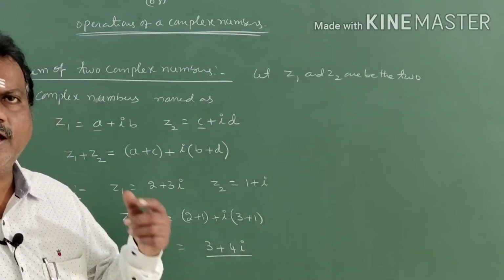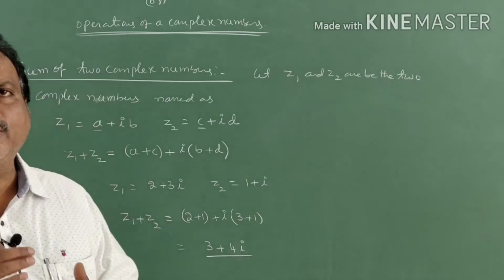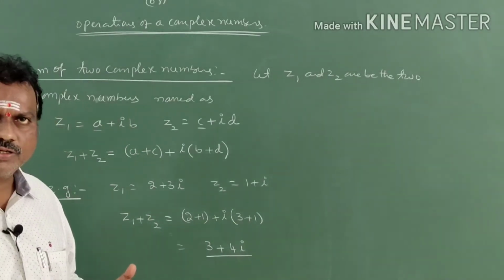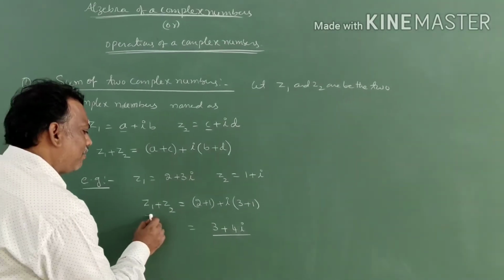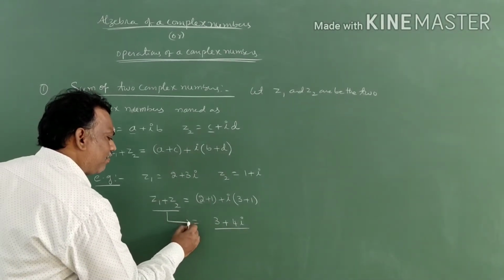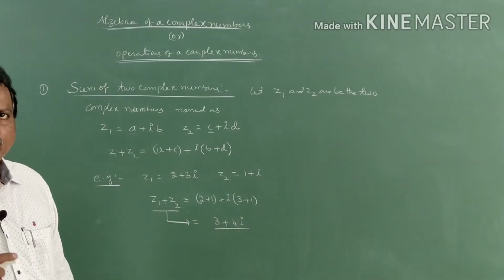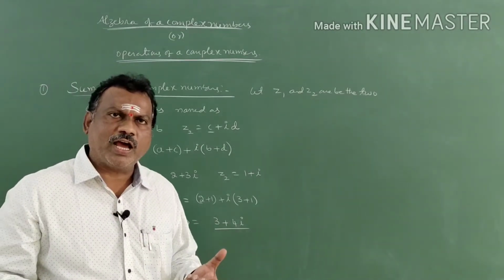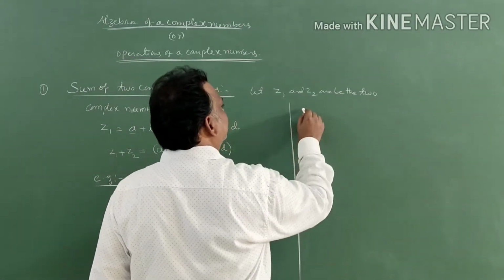Any two or three or four, whatever it may be, all the complex numbers you are always going to add like that. Understood students? Now by checking, the sum of two complex numbers is again a complex number. Is it correct or not? Correct students? Right. Now we will go to the properties of complex numbers under addition.